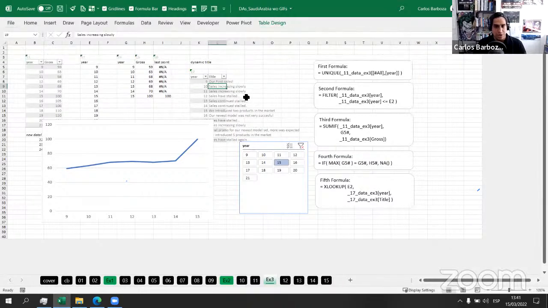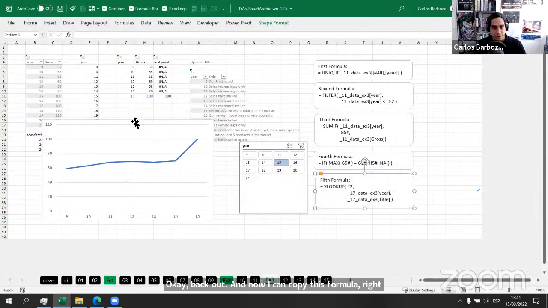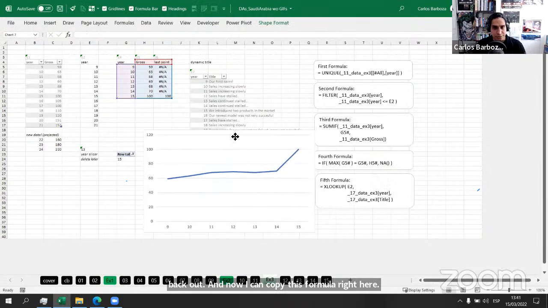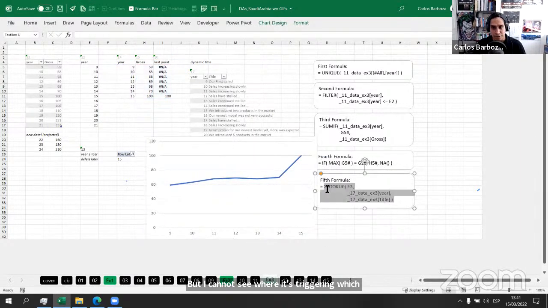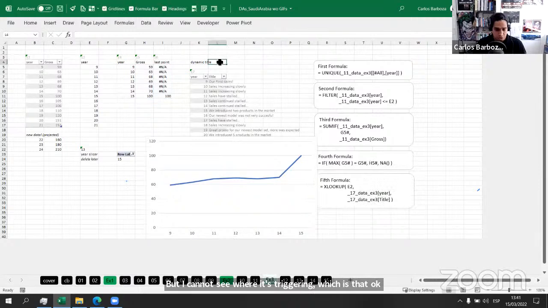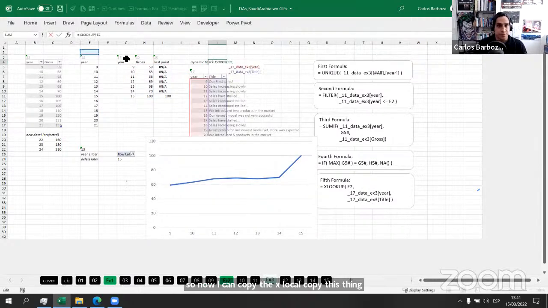Okay, back out, and now I can copy this formula right here, but I cannot see where it's triggering. So now I can copy the XLOOKUP,